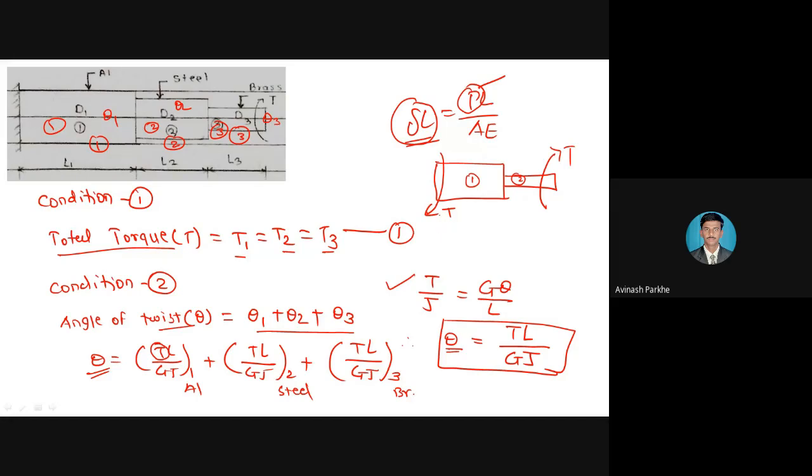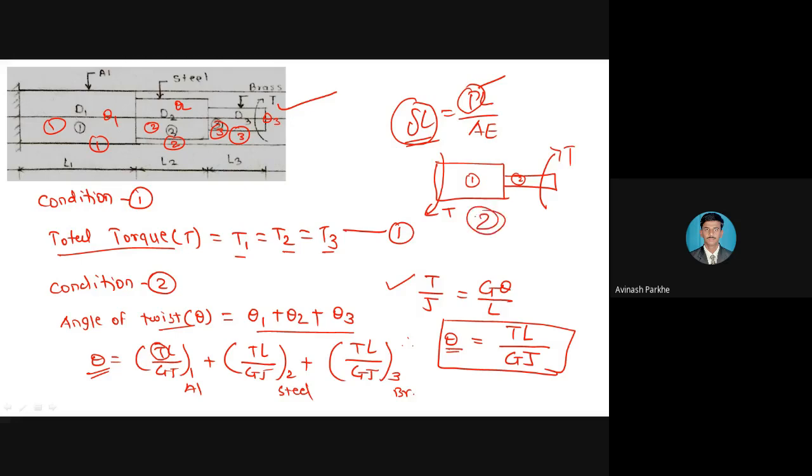You can see the torque applied at the left side is anti-clockwise, and the torque applied at the right side is in the clockwise direction. If one torque is in the anti-clockwise direction and the other torque is in the clockwise direction, then and only then will that shaft become under torsion. If both torques are applied in the same direction, the shaft will not be under torsion. Therefore, sometimes the figure will be given like that: the shaft is fixed at one end and at the other free end only torque is applied. Then also your shaft is under torsion.